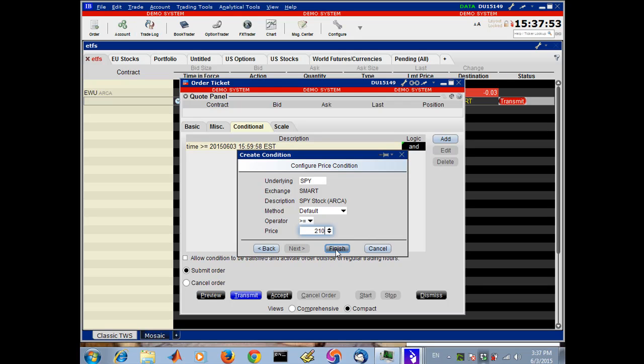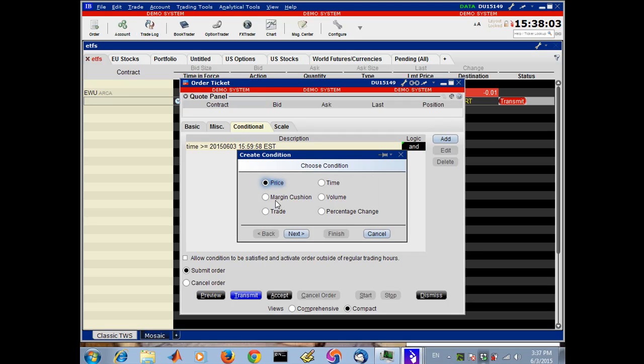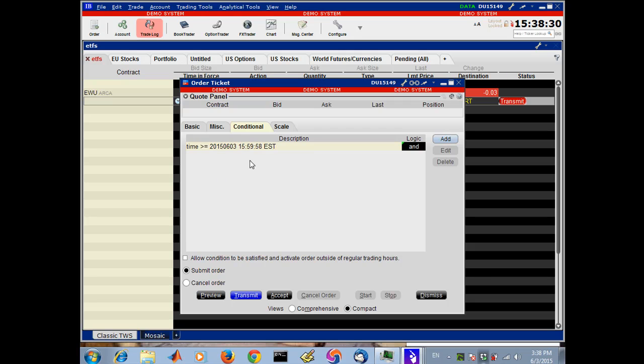So now, what did we get here? Well, it hasn't shown up yet. Did it just not show up? I'm not sure. SPY, method, operator, price 210. Or whatever. Yeah, something's not right. So here you have two conditions normally,